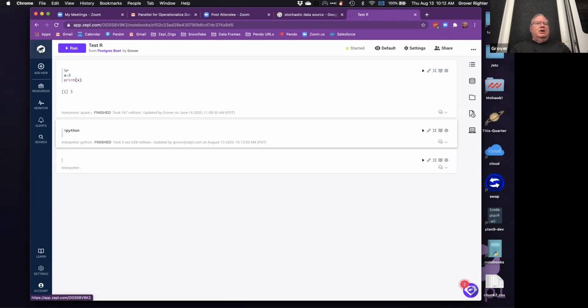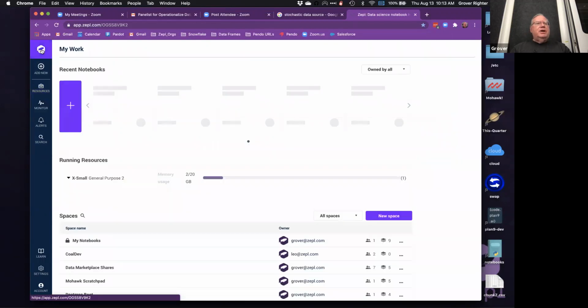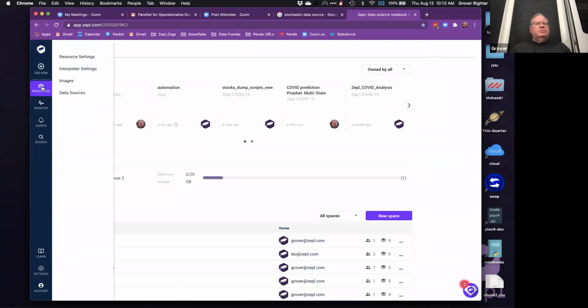Then when I come back here, I can do things. And let's suppose I wanted to share this notebook, and I'll show this in a minute. I'll show you how we can share and how we can do things with it. I can set up data sources. So let's talk about a proper notebook. So I'm going to come here to resources, and I want to add a resource. So I'll come here, go to resources, and I'll say a